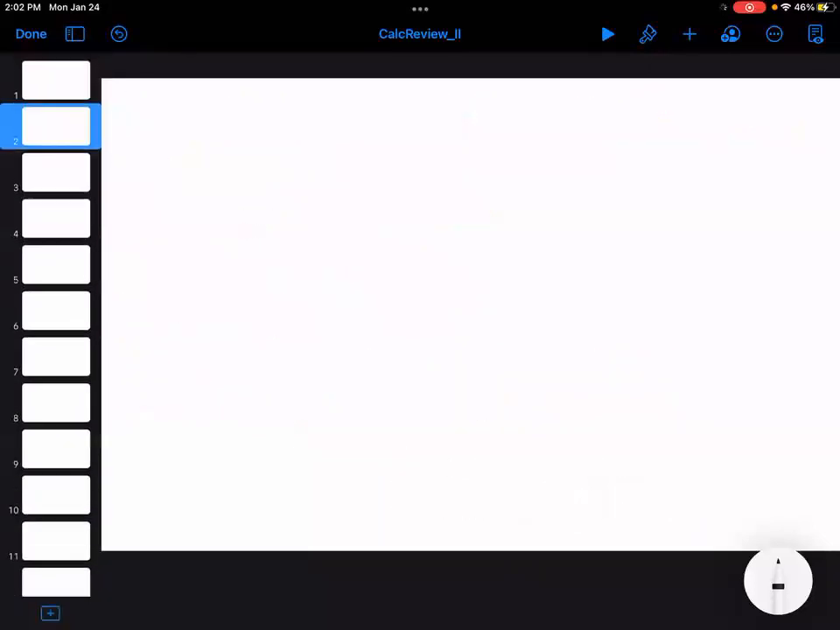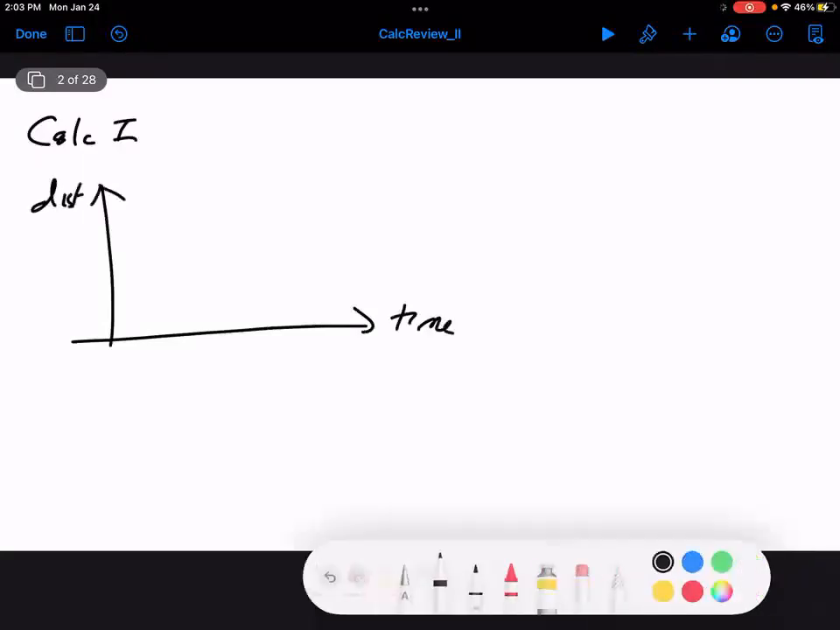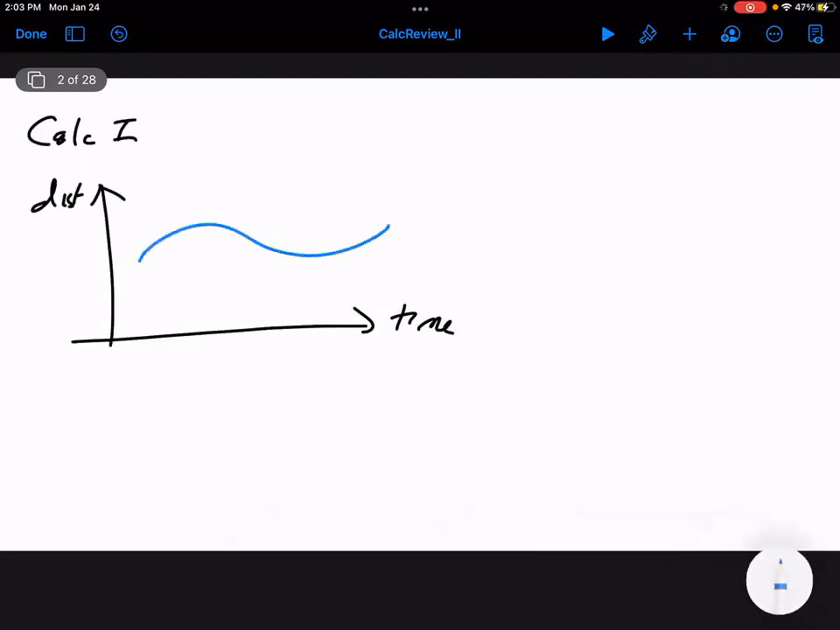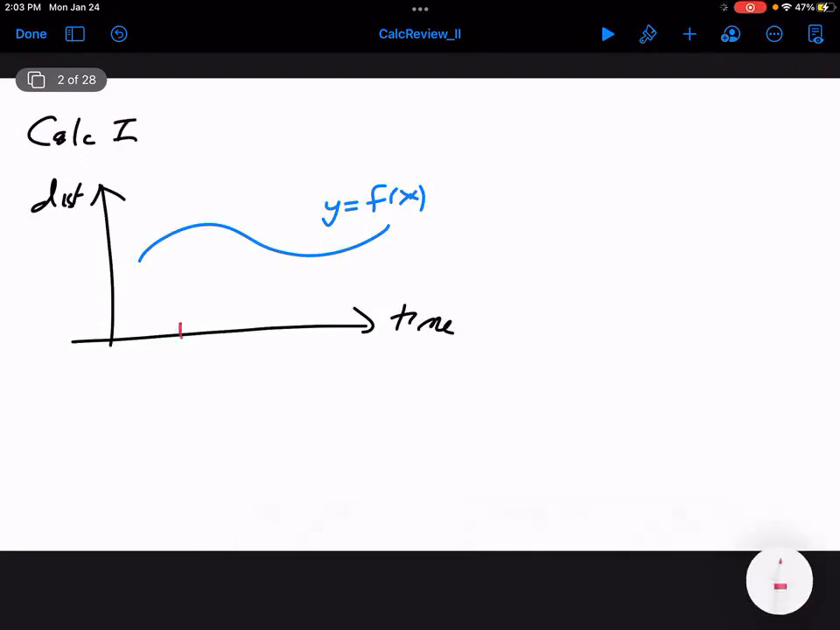What do we do in Calculus 2? So in Calc 1, I give you a curve like this, and maybe this is time, this is distance, and then we have some plot over here. So here is y equals f of x. So this gives you your distance as a function of time. If I want to estimate speed, what I could do is look at some point a and some point a plus h,